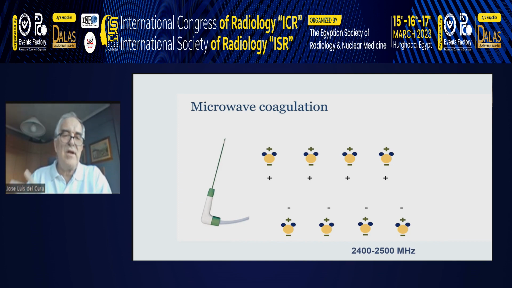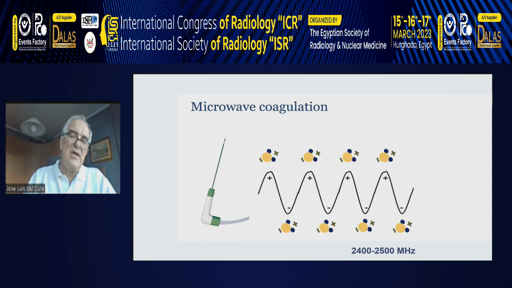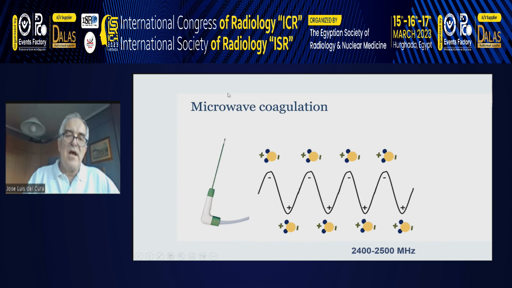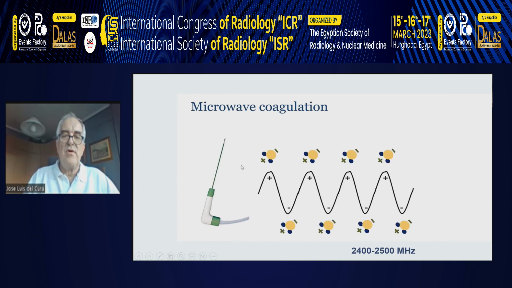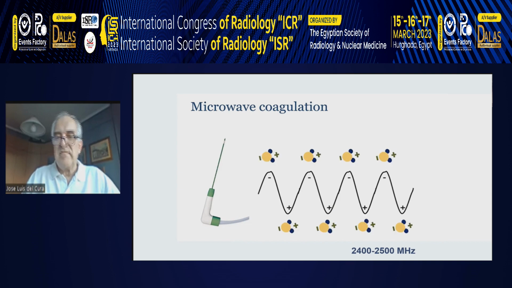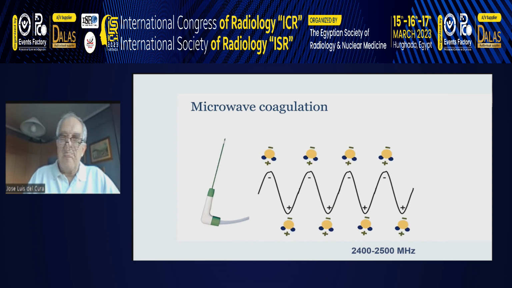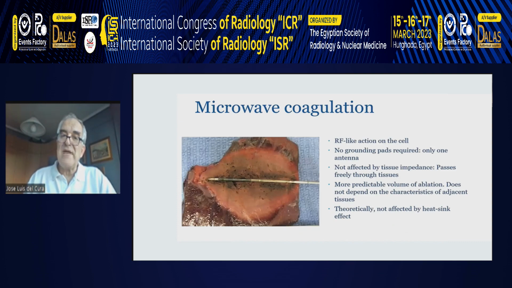Microwave uses an antenna instead of an electrode. An antenna creates an electromagnetic field around it that acts over the ionic molecules, especially the molecules of water, and creates a movement of these molecules around the area where the antenna is placed, and this movement creates a very high temperature. In fact, the action is quite similar to the action of radiofrequency on the cell. The difference is that no grounding pads are required, only the antenna, the needle that is an antenna,